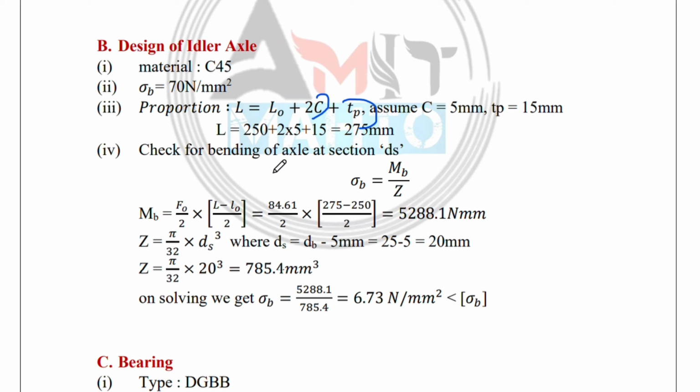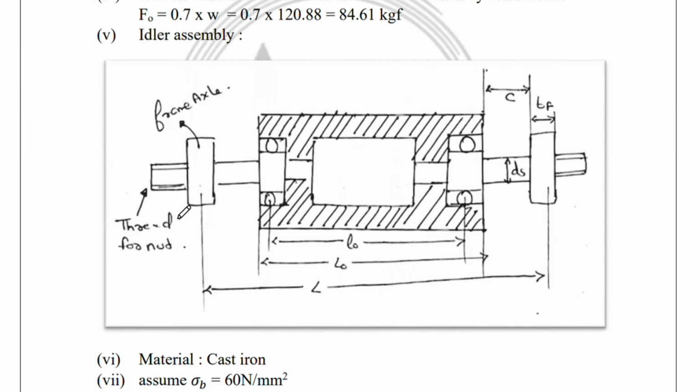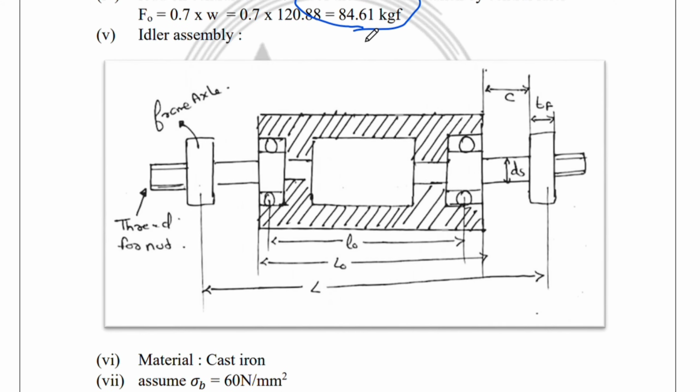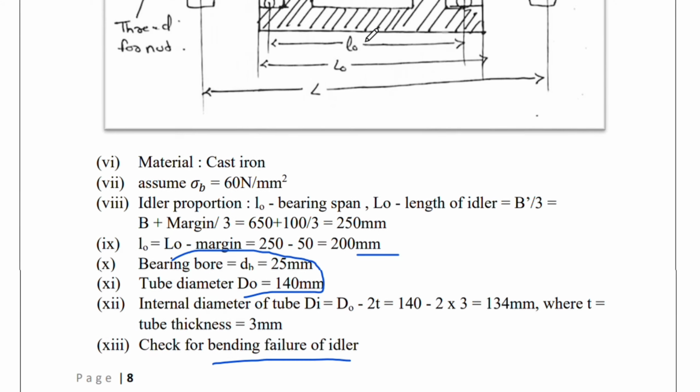Next we will check for bending of axle at section DS. For that, the formula is sigma B is equal to moment at B upon Z. So moment will be Fo upon 2 into capital L minus Lo upon 2. Fo, you will get the value here, which I told you previously. See here, Fo value is 84.16 kgf,